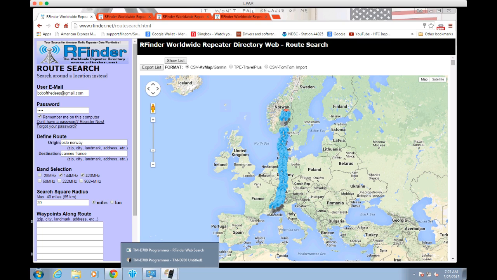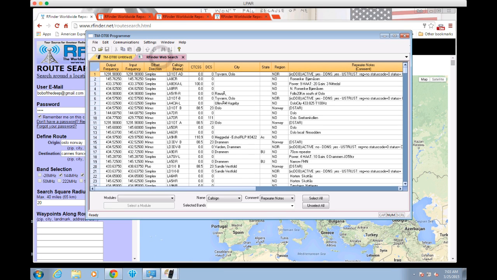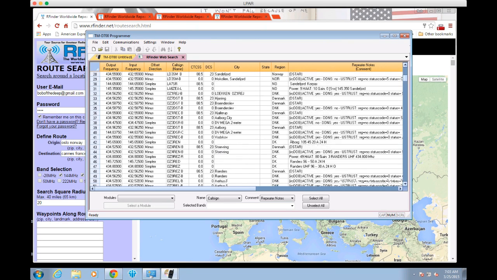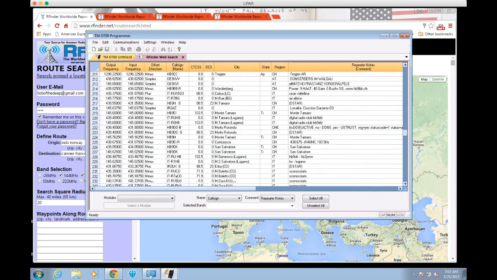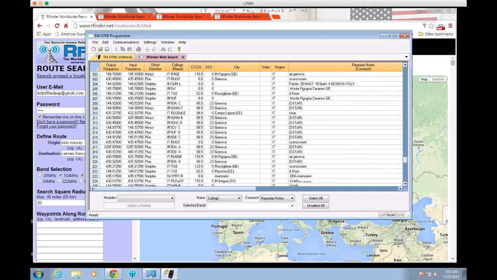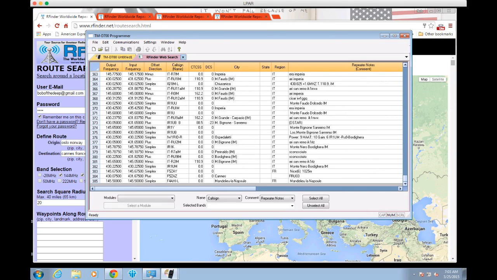So we have a route here, again, Oslo directly to Caen, in the most effective route that we can go on, the fastest route. So here's our list, and we're starting up in Norway and working our way down across Northern Europe and Germany and Italy, and eventually down to southern France. So that's a query